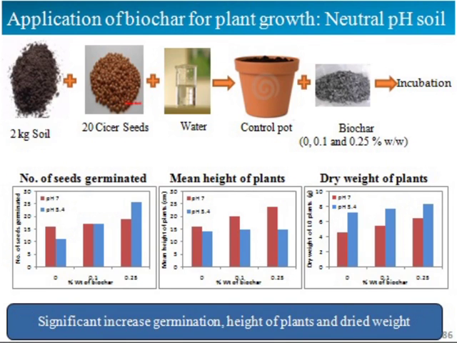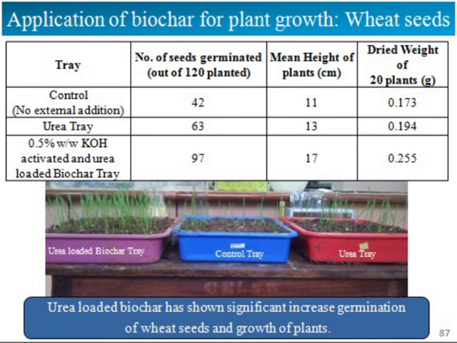and I have cases, one is a control which is having 0 biochar, second is 0.1 weight percent, 0.25 weight percent. How the soil acidity has changed as a result of addition of biochar in the soil, how the mean height of the plant has changed, and how the dry weight, that is the extended growth of the biomass, has changed. And if you put this in the form of a table, you will find almost 30% increase in the